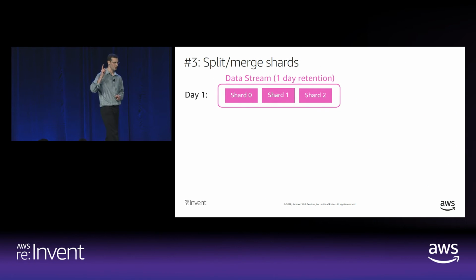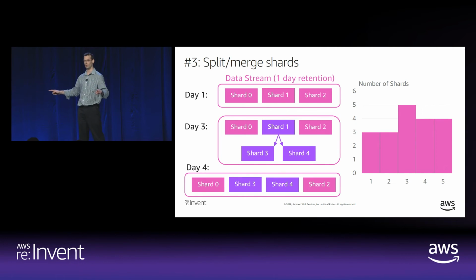Now, consideration number 3 is to look at how Kinesis actually works to scale a stream up and down. So let me illustrate that with an example. Imagine that you have a stream that has 3 shards and a data retention of 1 day. Kinesis has only 2 operations that it can do. It can either split a stream into 2 or merge 2 shards into 1. So now imagine that on day 3, you split shard 1 into shard 3 and 4. Shard 1 at this point is going to be closed. So you will not be charged for that particular shard.